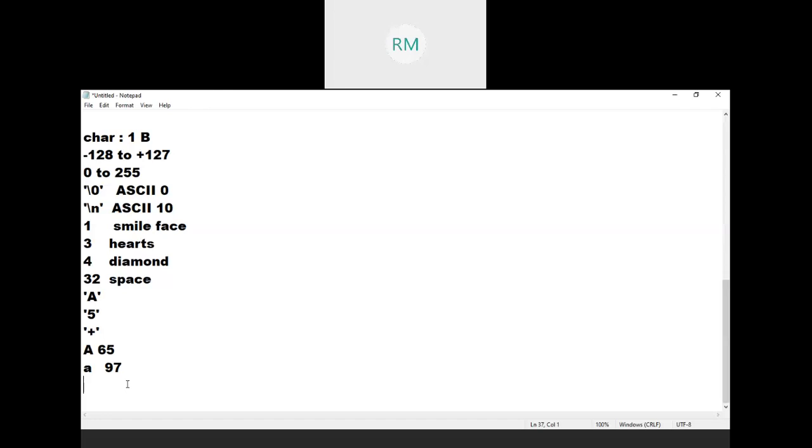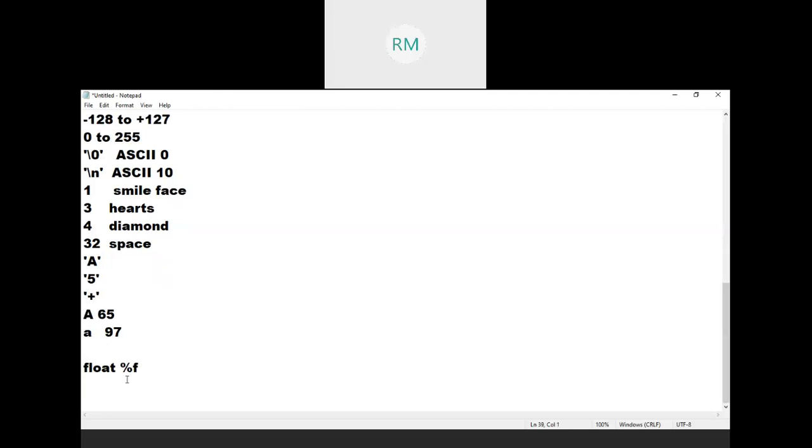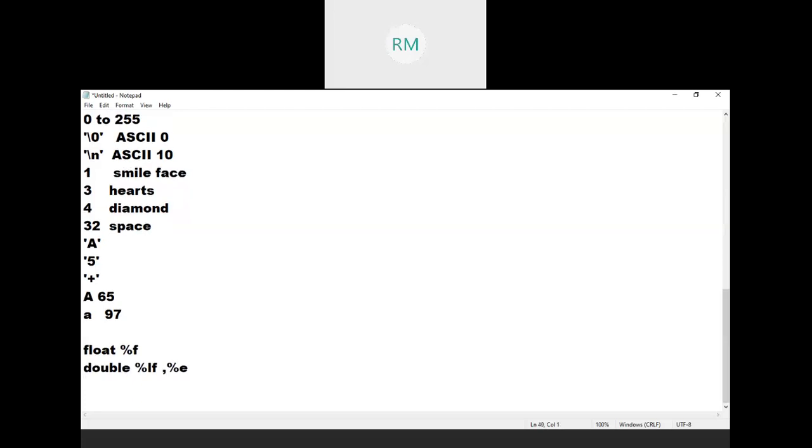Okay. So the format specifier for float is %f. Next, for double, the format specifier is %Lf. In scientific notation, it is %e. We use the mantissa and exponent notation, scientific notation, to represent very large numbers or very small numbers.